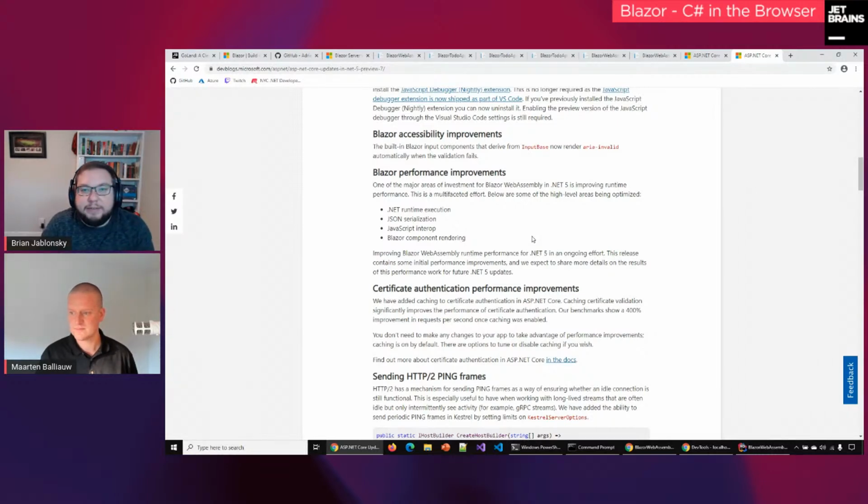This was in Preview 7, so who knows, as .NET 5.1 or whatever comes out, there might be additional improvements. But from what I've understood, it's at least a 30 to 40% increase in speed. That is awesome.